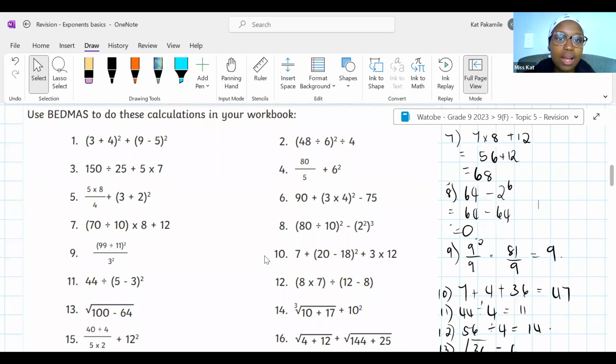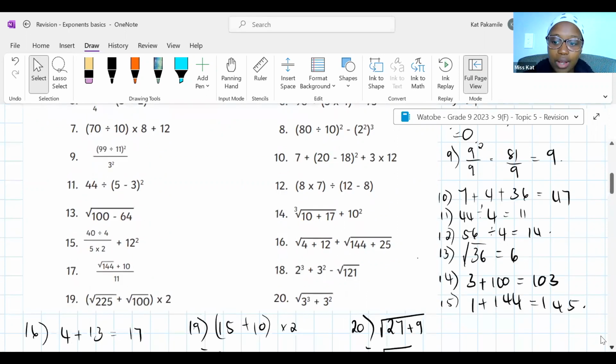Beautiful, guys. I feel like we have a proper grasp of bedmas using exponents, and I am proud of that. I am so proud of you too, Bundle. This was beautiful, man. It looked like a lot of work and a lot of numbers, but this was beautiful. Okay, so now that we've dealt with last week's stuff, we are going to